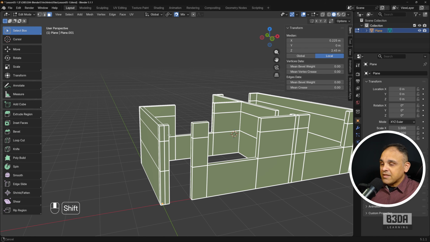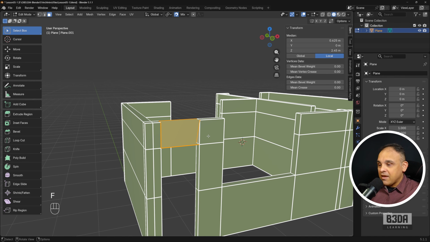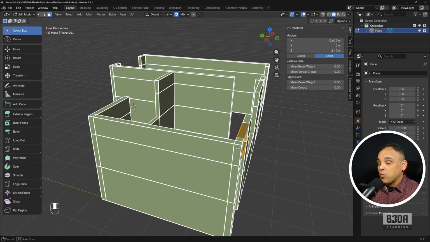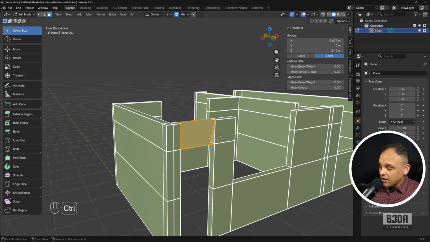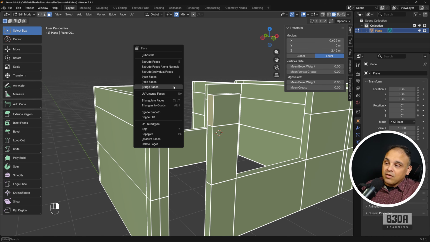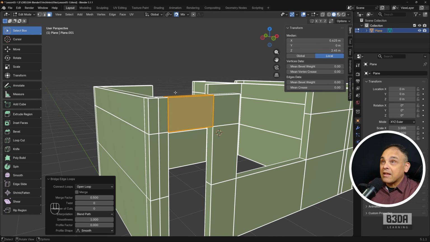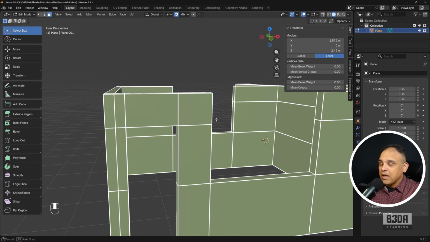For instance, if I select these two faces here, if I press the F key, Blender will try to connect them, but it won't work because those are two faces. To connect faces, Blender has a dedicated tool called Bridge Faces. And it's not with the F key that we will trigger that, it's with the right mouse button. Make sure you are in face select mode, right click, and you will find here in the context menu the Bridge Faces option. If you select Bridge Faces, Blender will connect both of them, and you can repeat the same thing